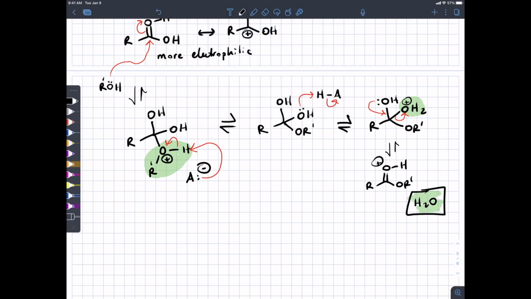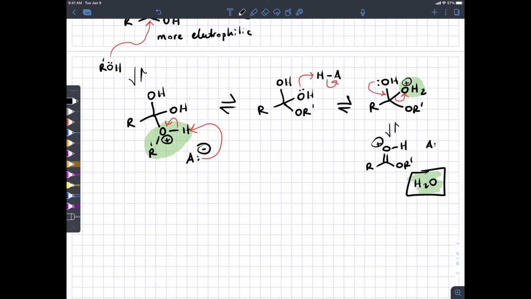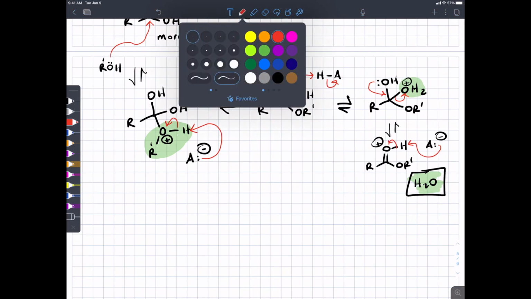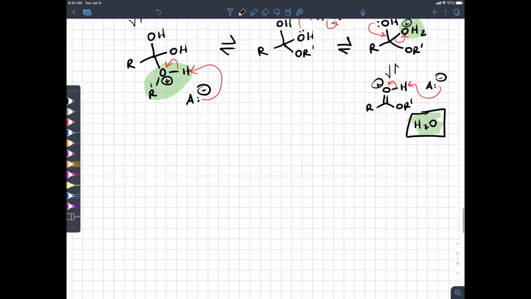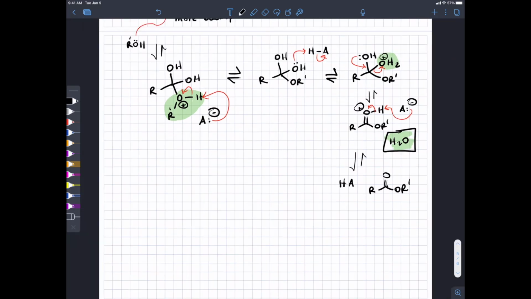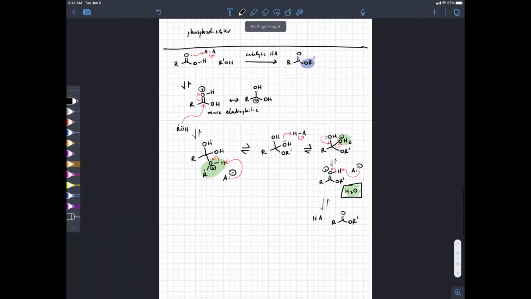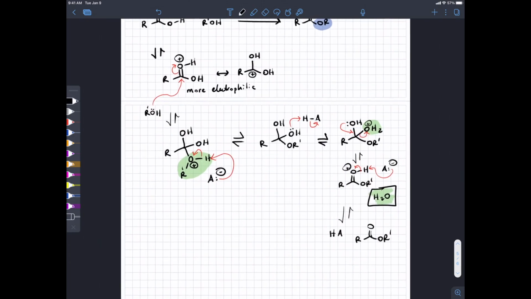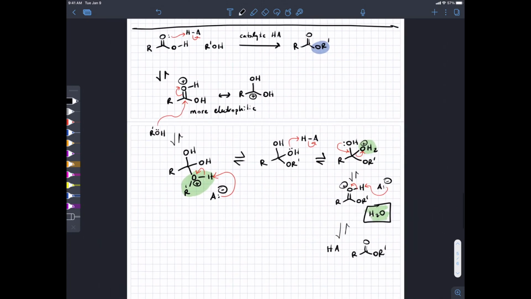And then all that's left to get us to the ester is for the conjugate base of our acid to come in and remove the proton, and that regenerates our catalytic acid and also gives us the ester. Okay? So that should look really familiar to you. The steps are exactly the same as acetal formation